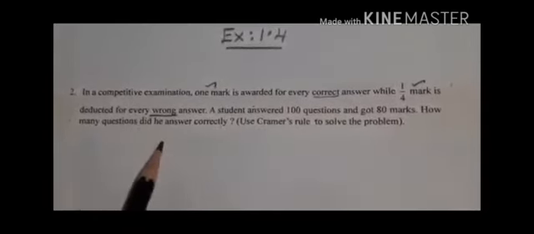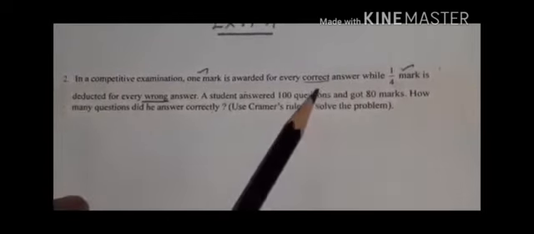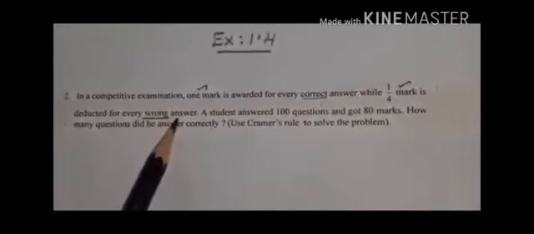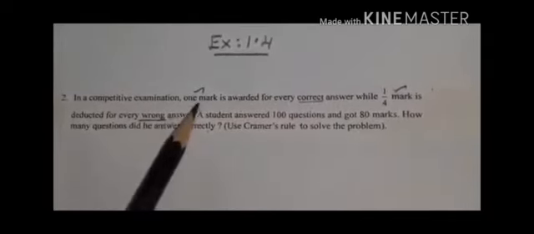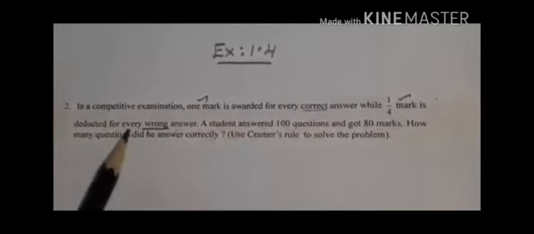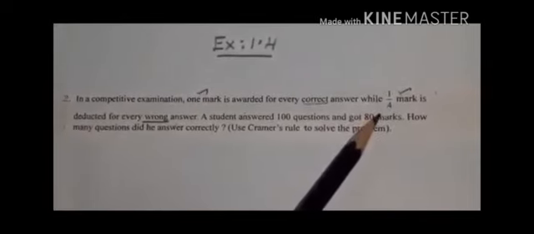If you read this question, you can come to a conclusion that you are having two concepts here, that is correct answer and wrong answer. I am going to categorize like this, students. Let X be correct answer and Y be wrong answer. And 1 mark is allotted for every correct answer and 1 by 4 mark is deducted for every wrong answer. The meaning is we are going to subtract. Correct answer means it is a positive number and wrong answer 1 by 4 means it is going to be the negative value, students. So using this statement sum, we are going to solve using Cramer's rule.